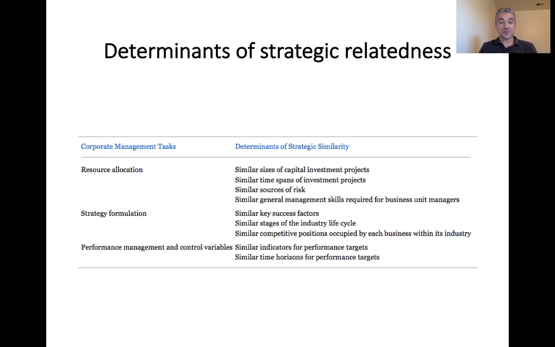If the industry is at a similar stage of the industry life cycle, right? If you know how to turn around companies that are in a decline stage of industry development, you've done that successfully once, you'll probably do it successfully again. You've developed the know-how, you know how to do it, you have the people who have the capabilities. So it'd be easy to replicate. And again, there are multiple dimensions on which businesses could be similar or related, strategically related. So if that's the case, even if it's not obvious to the rest of the market, then that is probably a good reason to consider diversification.